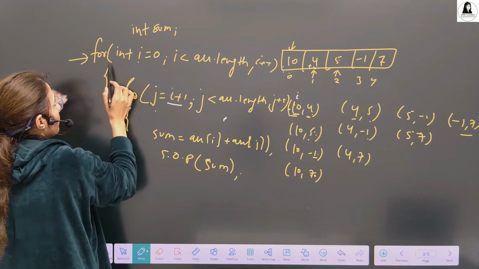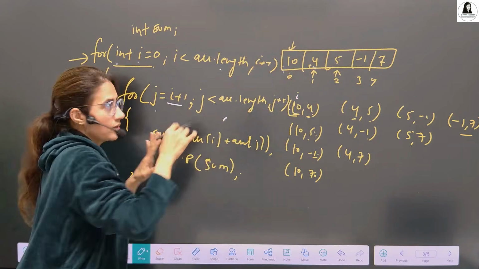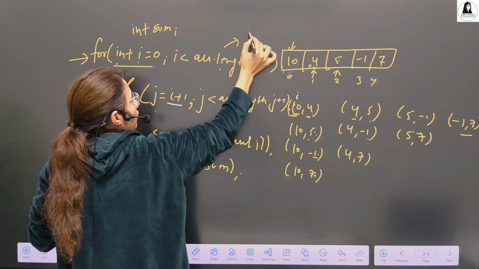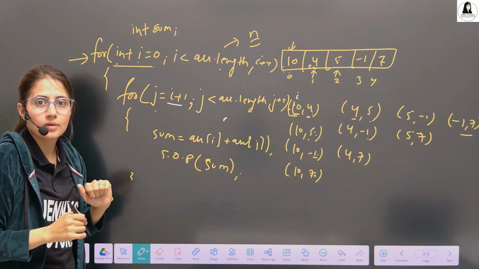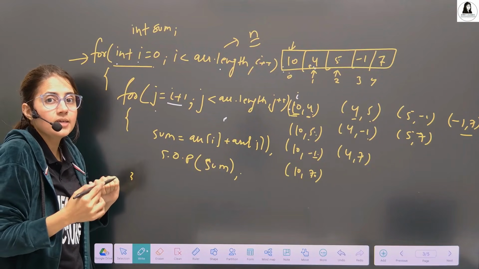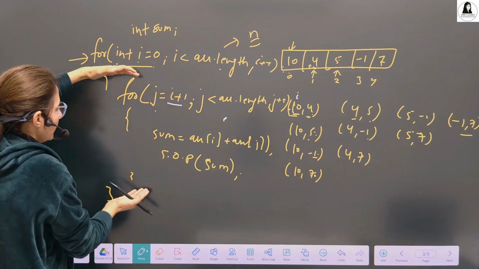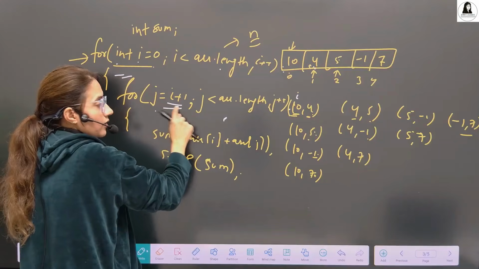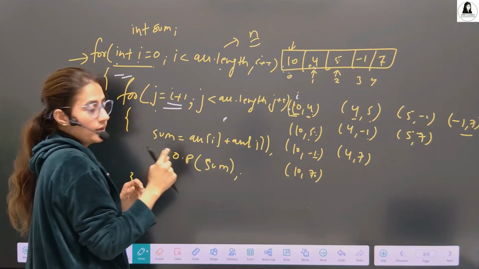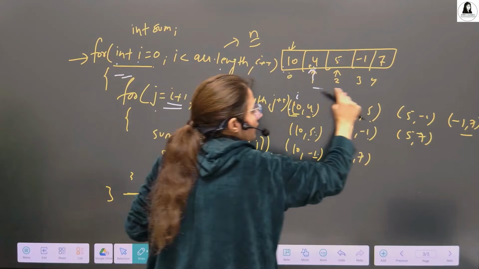The outer loop is running from 0 till the end of the length, so obviously order of n times it will run. How many times is the inner for loop running? It starts from i plus 1 and goes till the end.